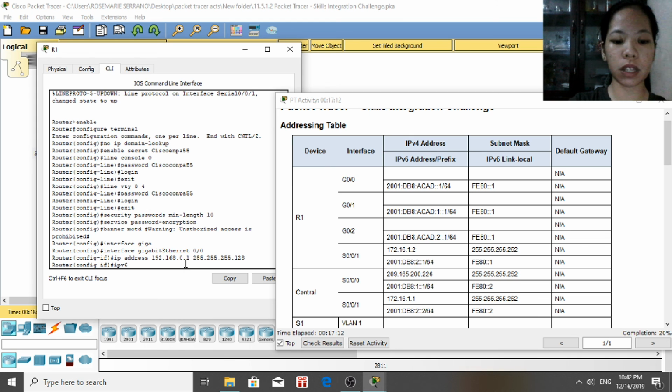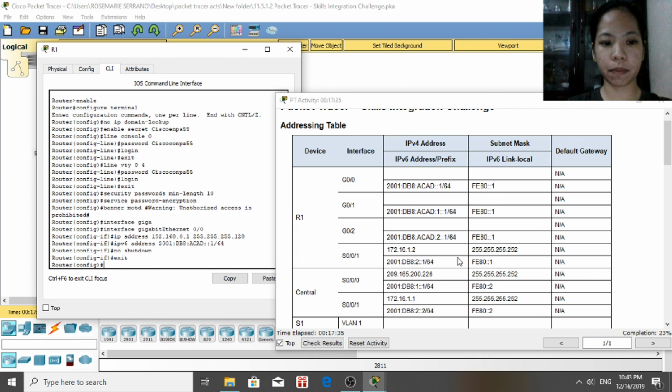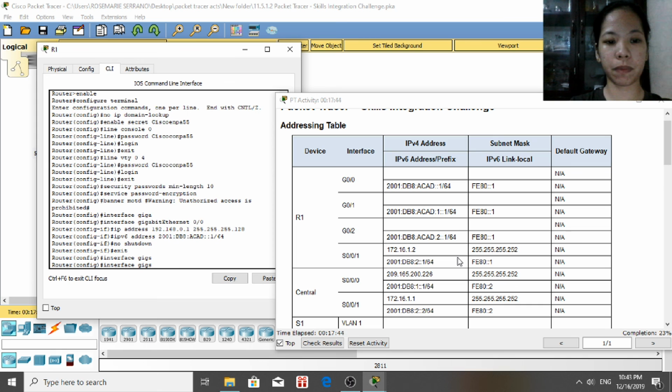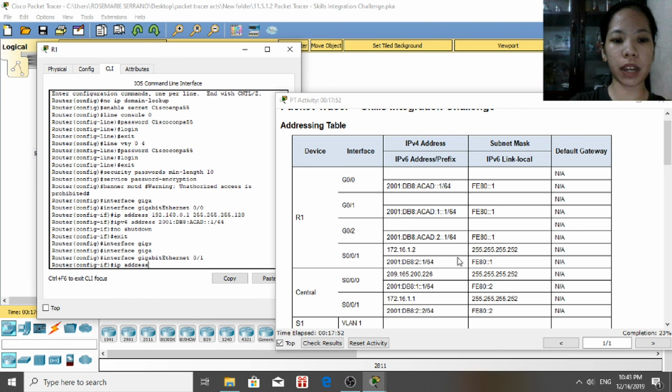So IPv6 address is 2001:db8:acad:1::1/64. And then next is no shutdown, then exit. Then next is the interface gigabit Ethernet 0/1. So interface gigabit Ethernet 0/1, and then we assign the IP address as